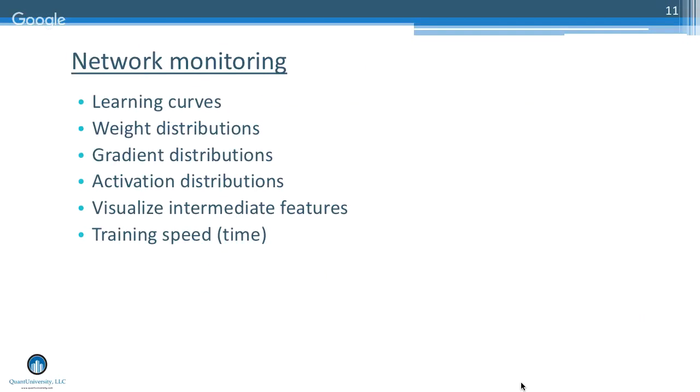Okay, so yeah, most of these things we already looked at in terms of things to look at. The last one I think is also good to keep in mind, right? Look at the actual performance, computational performance of training. Sometimes a little bit of investment in optimizing that can really speed up your process.